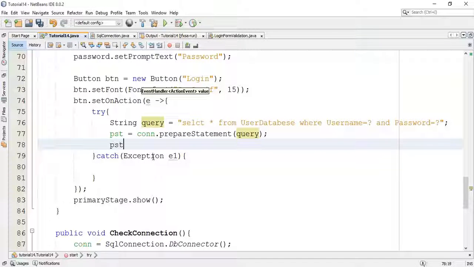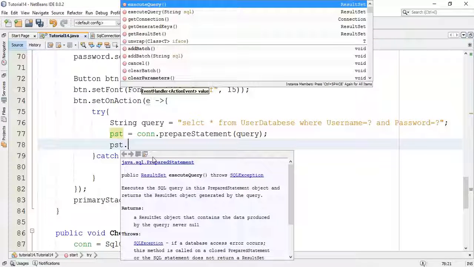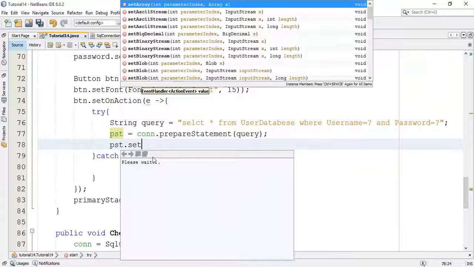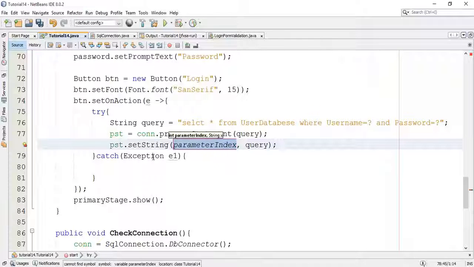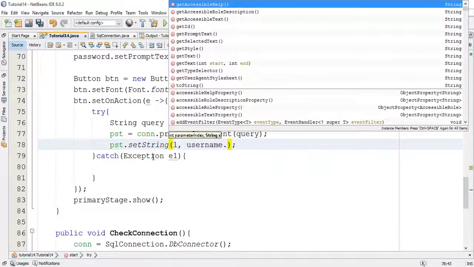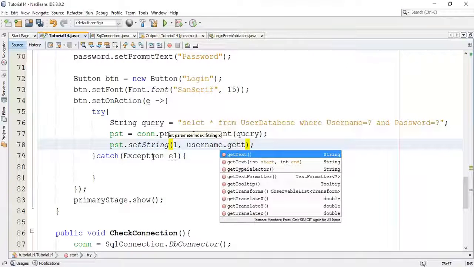So pst dot setString, index 1, and next I'm going to add the username, get the username field. So username dot getText.